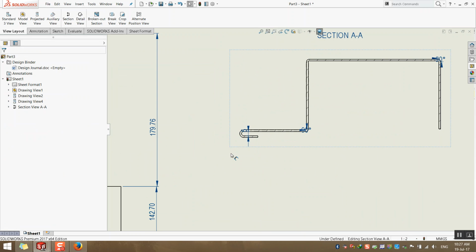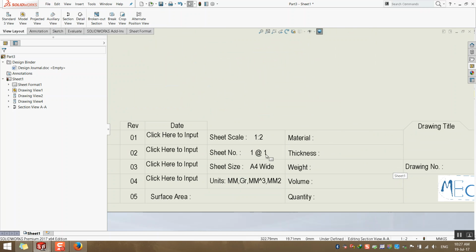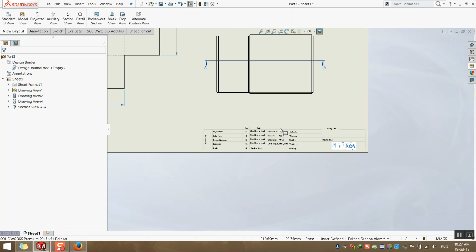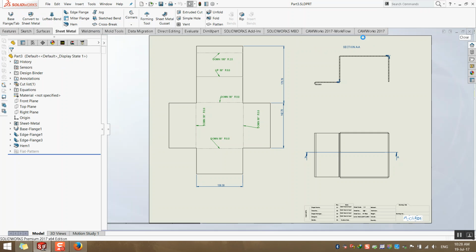Okay, and get more depth dimensions for inspection and quality control after finishing your product. And have a table with all data: material, thickness, weight, volume, quantity, drawing title, drawing numbers. This is a workshop drawing. Okay? This is much easier. Perfect. Much faster than the